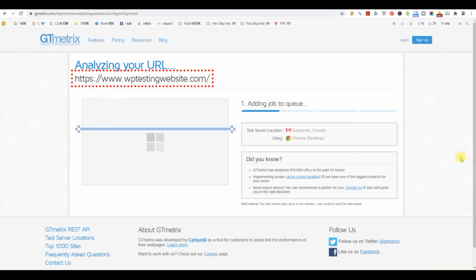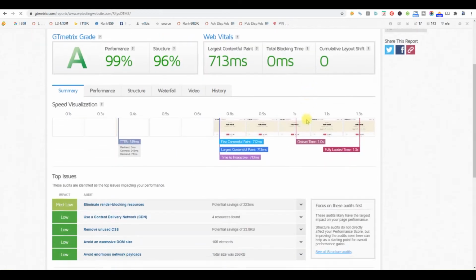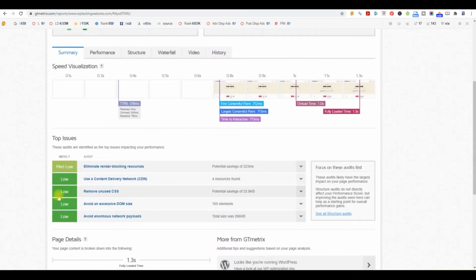All right, let's just wait a second here. Should be loading up really quick. All right, here it is. What do we got here? Alright, about the same, but at least they're all green right here,